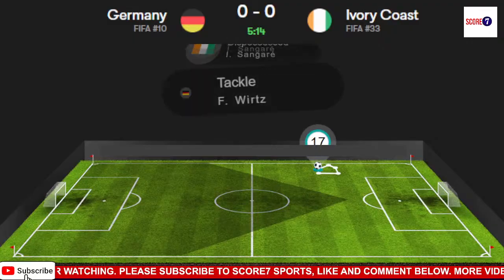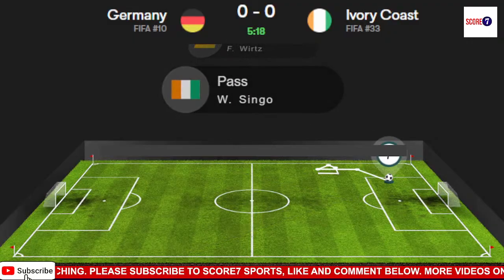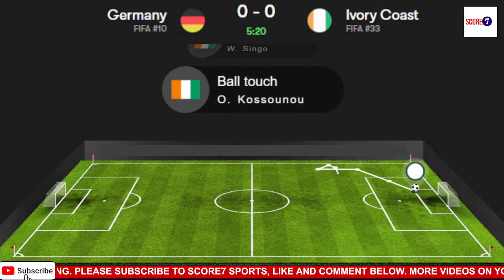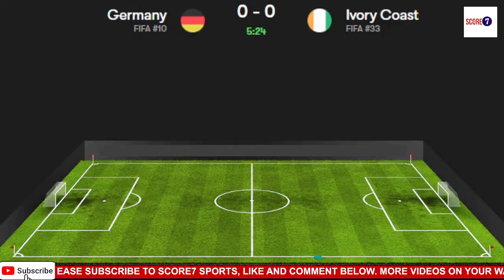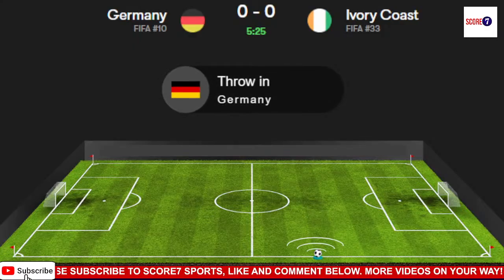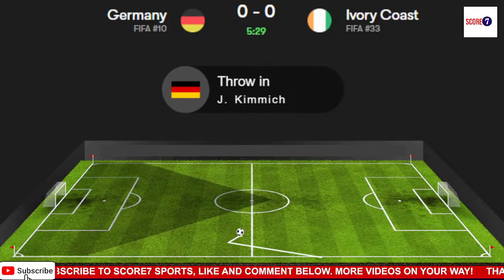Gives the ball away. Diallo wins it back, plays it to Singo. Singo to Kusunu. Kusunu finds his goalkeeper Fofana, who will switch the play down the left-hand side and pick out Sangare. And Diomande looks to keep it in play, can't do so. The ball ends up in the hands of the Ivorian manager, Emerse Faé, who himself is leading his team in